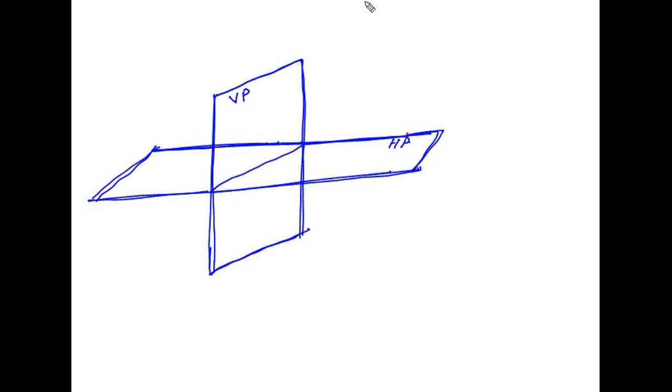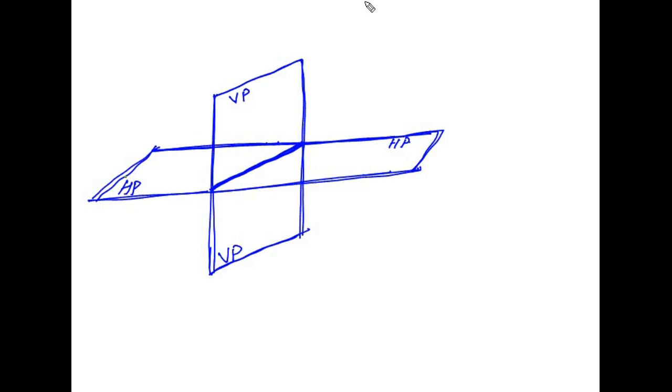Okay, you can think like, let us say you are sitting in a room anywhere, so the wall in front of you can be vertical plane and the ground on which you are sitting, or the floor, that can be the horizontal plane. These two planes are supposedly intersecting here, so this is your reference line, right? So this is how we are dividing the whole space. The whole space is divided into four quadrants using only two planes. Please remember, these are only two planes, right? This whole thing is vertical plane, and this whole thing is horizontal plane, right? So these are the principal planes on which we will project the objects, right?